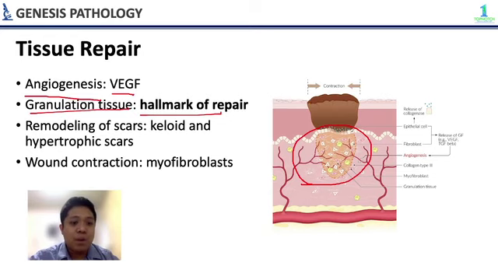And then, you have remodeling of scars. So, syempre, after ng mga polymorphonuclear lymphocytes, kapag nawala na yung microbe, wala na yung offending agent, pupunta na doon yung mga fibroblasts, tapos maglalabas na sila ng collagen. Pero sometimes, nagkakaroon ng abnormalities like keloid and hypertrophic scars. Ang difference lang nila being the keloid will go beyond the border of the original wound.